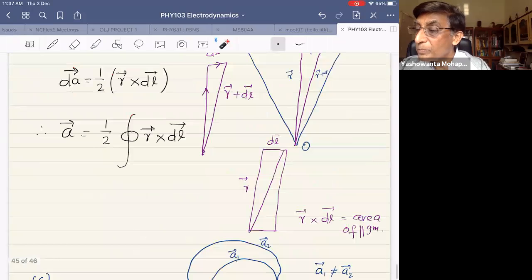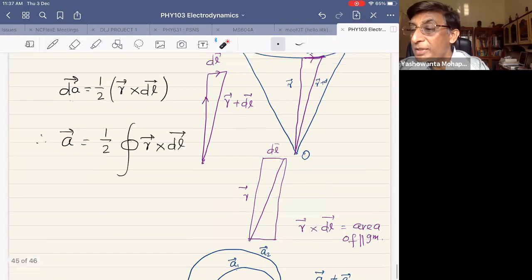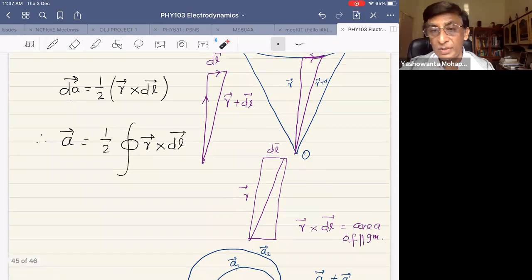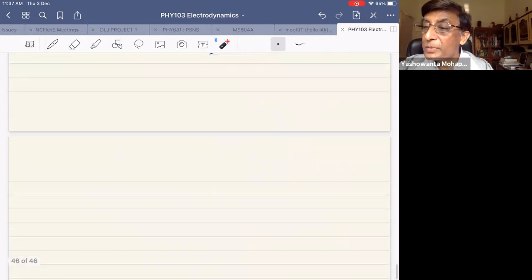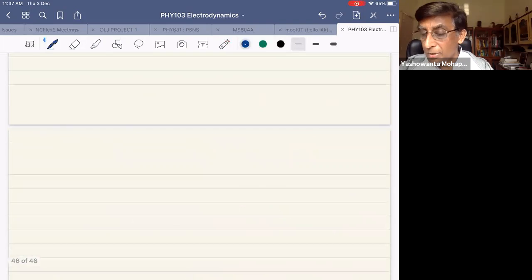Because r cross dl is the area of this. And why is it half? Because r cross dl is the area of the parallelogram, right? So the total area is then simply half r cross dl. Simple. All right. Now the last part, let me write it down, is